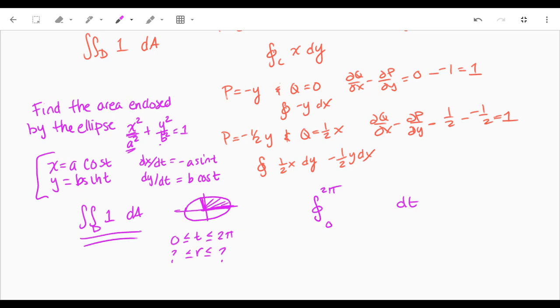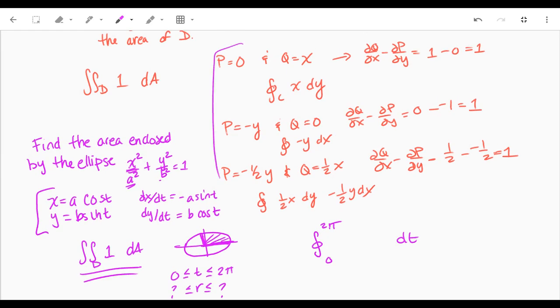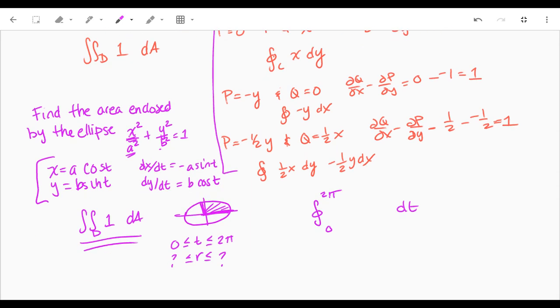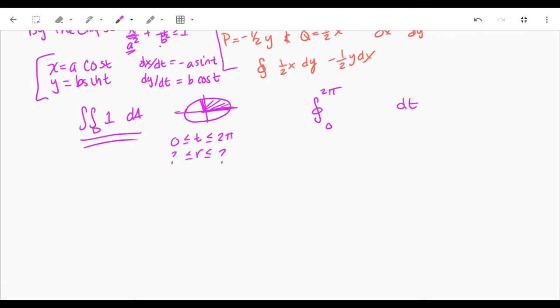So again, we can use any of those relationships that I drew up here in red to do this. Okay, they're not specific to any problem. These are just some combinations of P and Q that would work, and you could come up with infinite ideas here, but these are probably going to be the 3 easiest ones. Okay, so let's switch colors again here, I'm getting sick of purple. All right, if we do P is 0 and Q is x, okay,